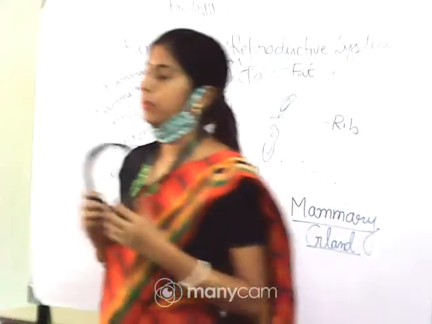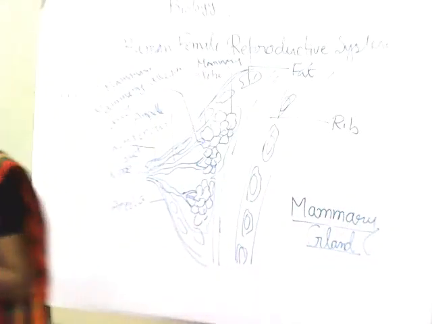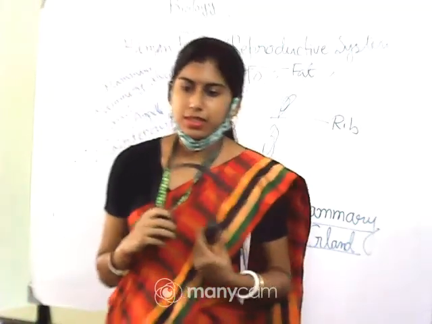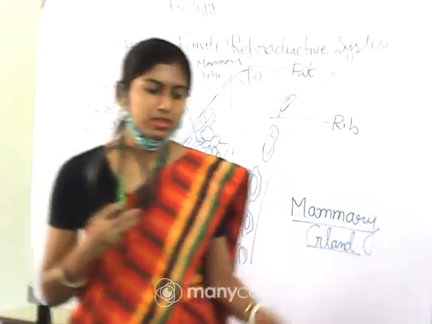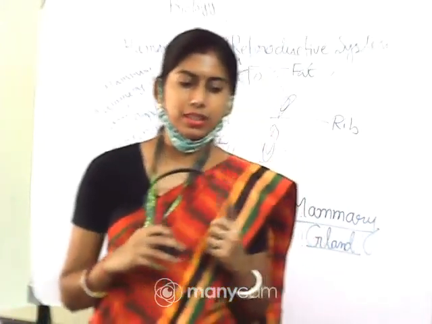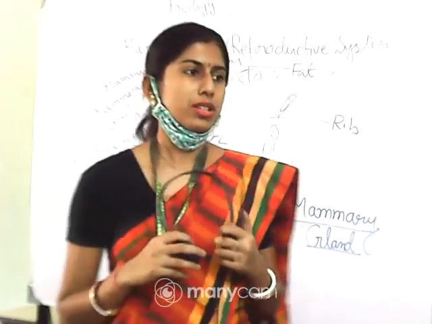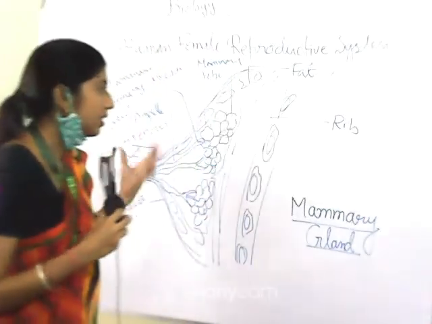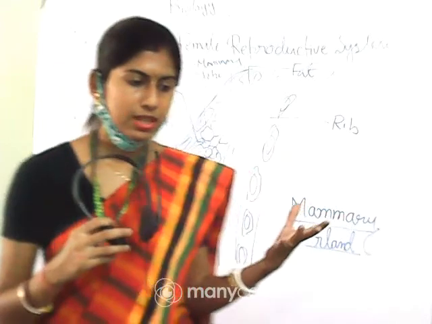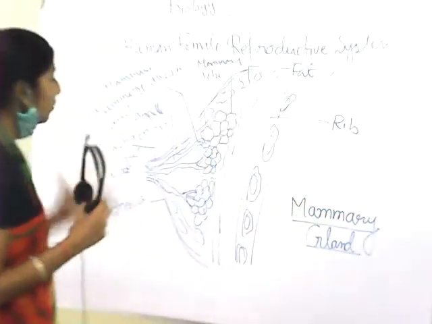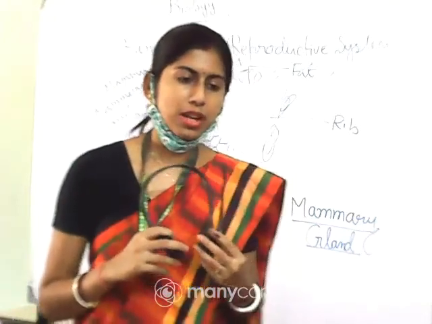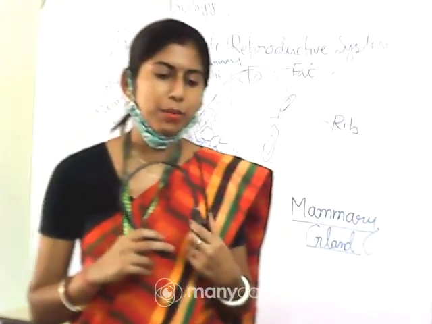Okay, so as you know, the production of milk in case of human female or in case of mammalian female can be seen after the childbirth. That means there are some hormones which are oxytocin and prolactin. You have read in class 11, they will send a stimulus after the delivery of the baby. A stimulus will be sent to the pituitary gland, and from the pituitary those hormones will be released which will help in the production of milk in the mammary gland.